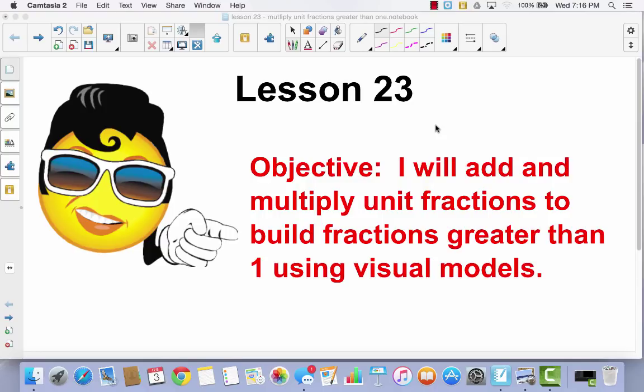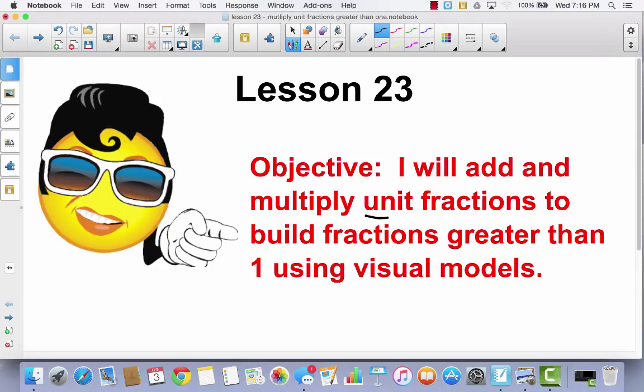Lesson 23, I will add and multiply unit fractions to build fractions greater than 1 using visual models. So remember, a unit fraction is a fraction that has 1 over something. So 1/4 would be a unit fraction. So we're going to add unit fractions, we're going to multiply unit fractions, and all to build a fraction that's